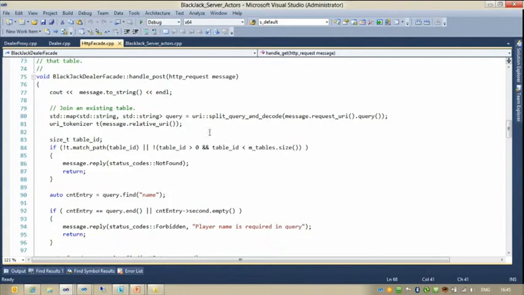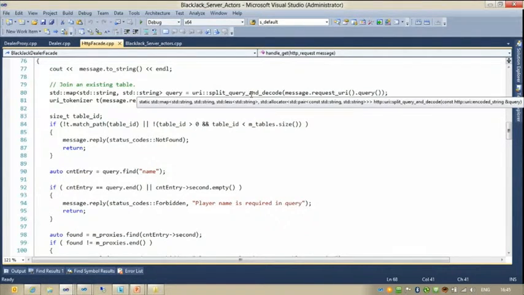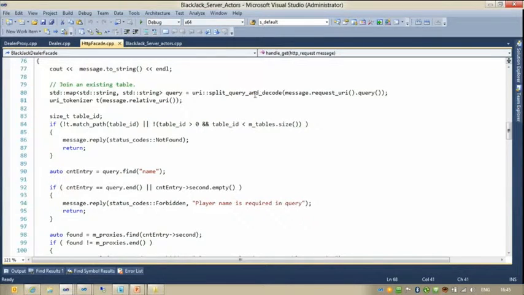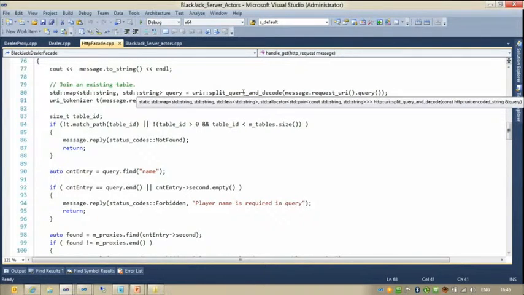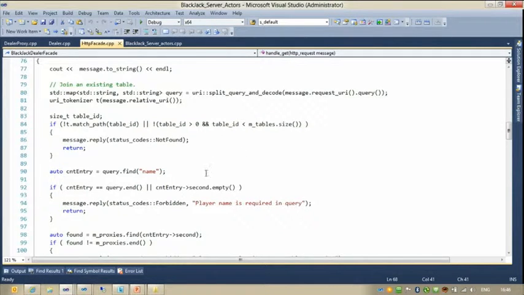The first thing that we do then is we handle post, and for every message we get, we're going to print out the whole message so we can inspect it and look at it. It's kind of interesting more than anything else. We take the query that we're getting. So in the blackjack game, it's not just a simple hello world type of response, right? We actually care about the query string that comes in. That's the full resource that's relative to the dealer. And we're going to decode it, tokenize it, parse it and pull it apart into these variant pieces, and we're going to make decisions based on that.